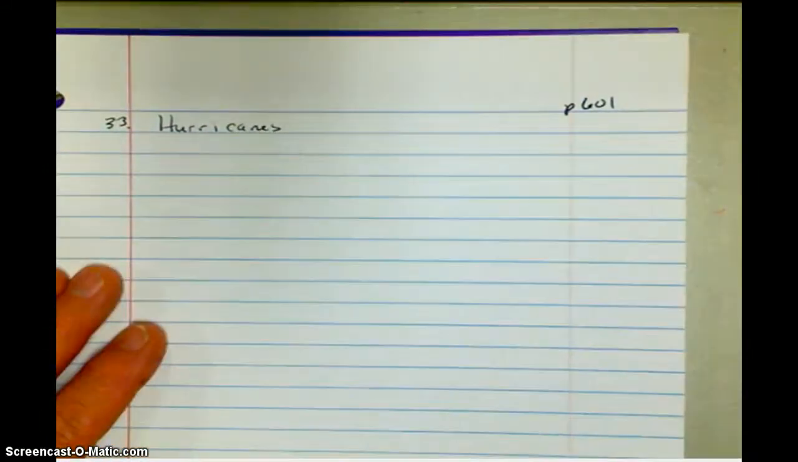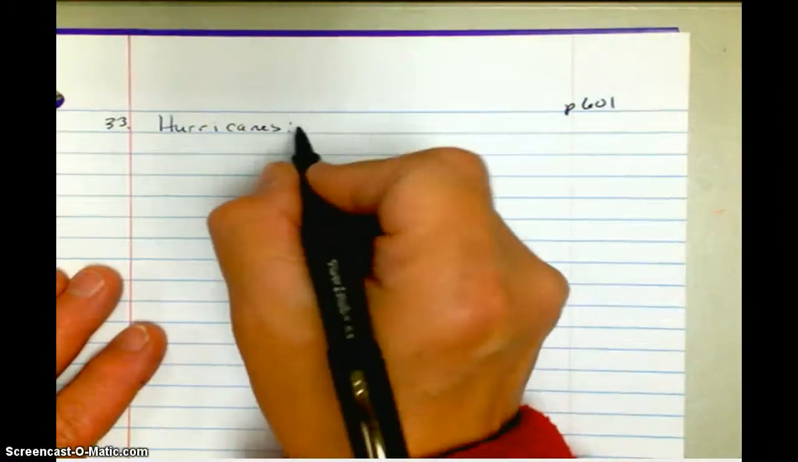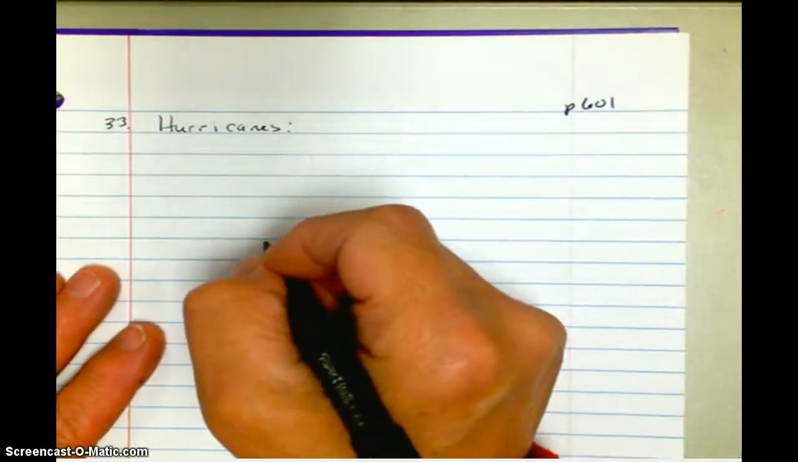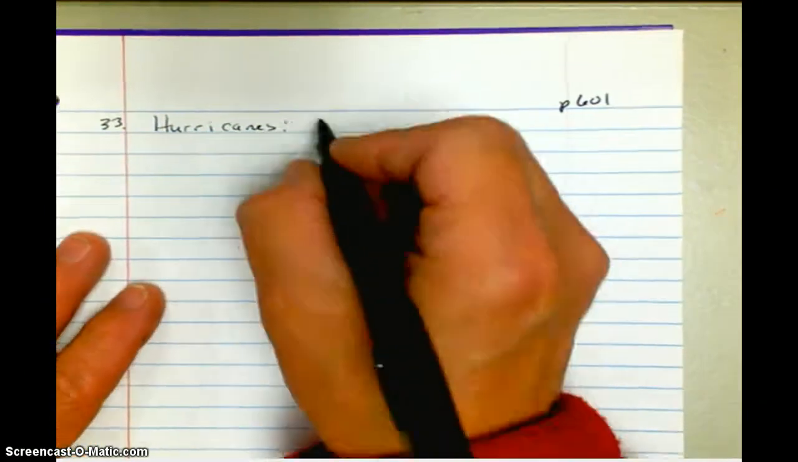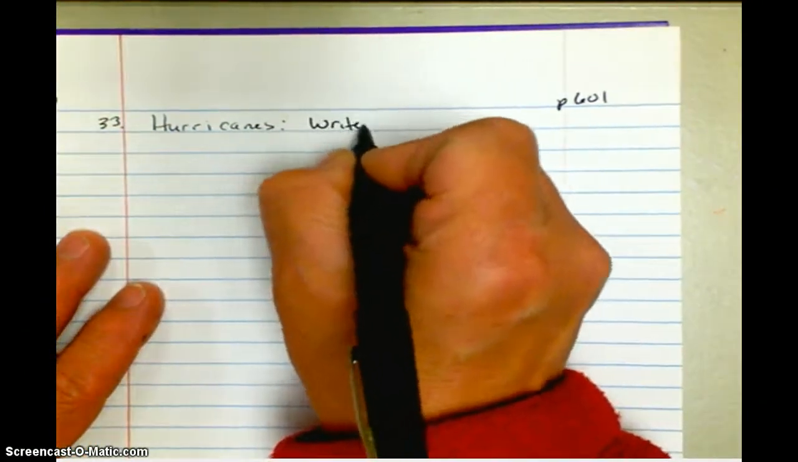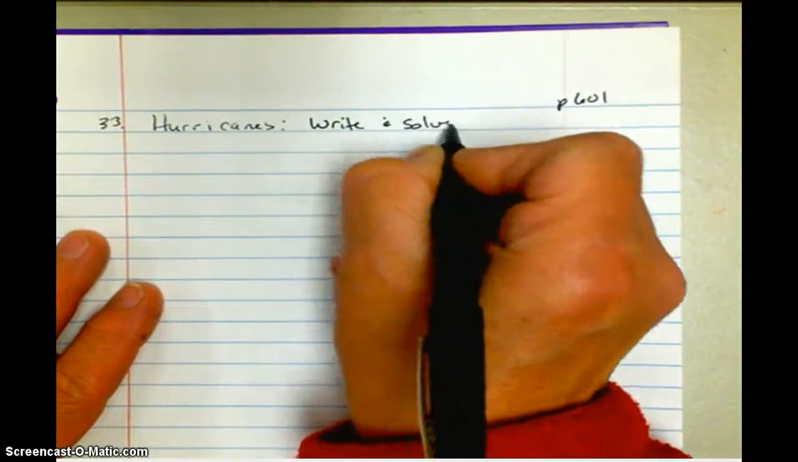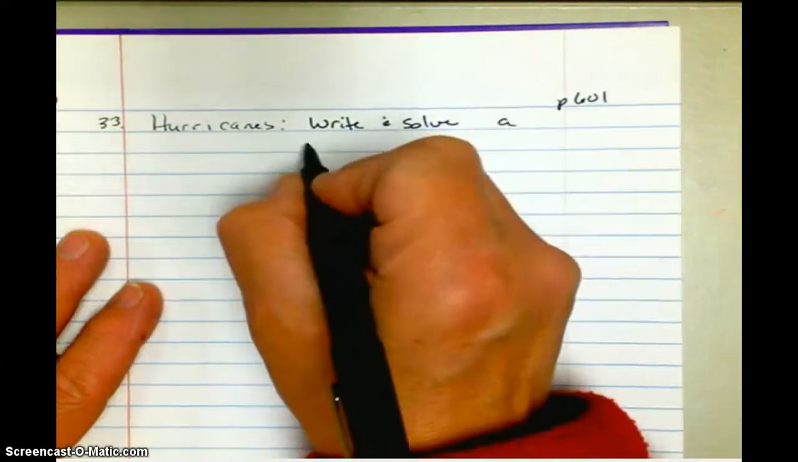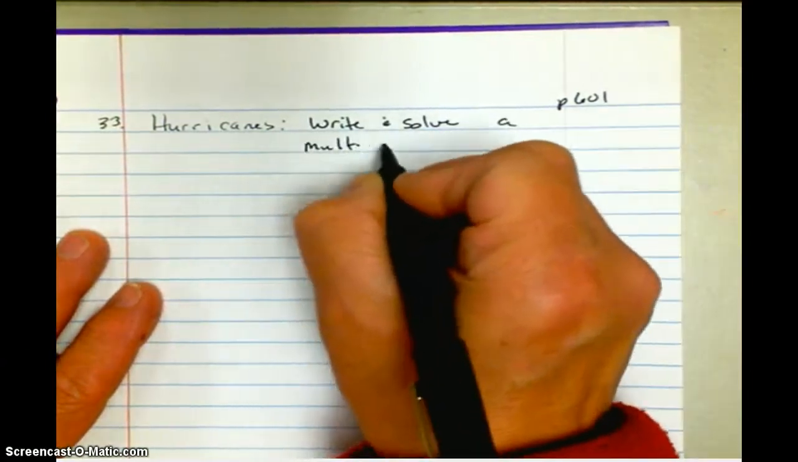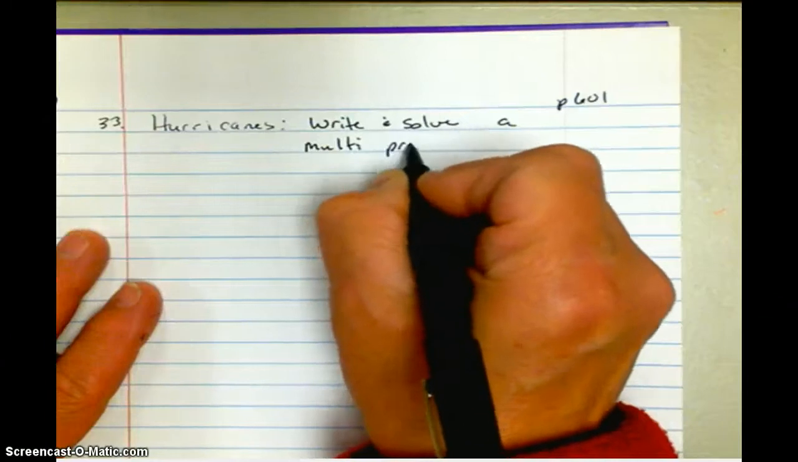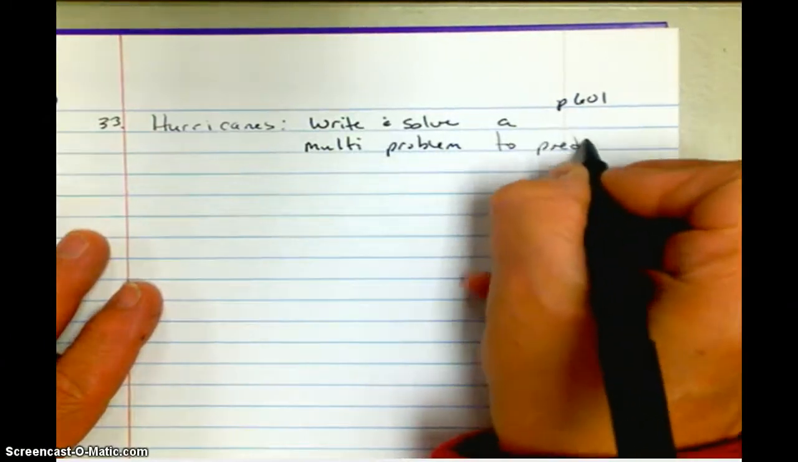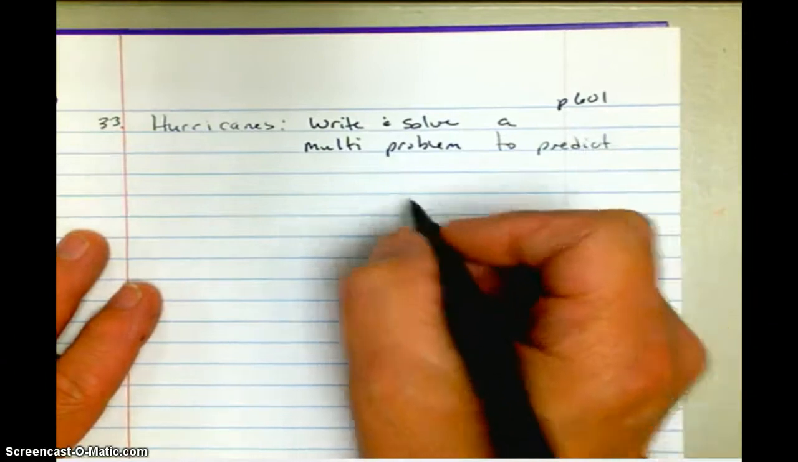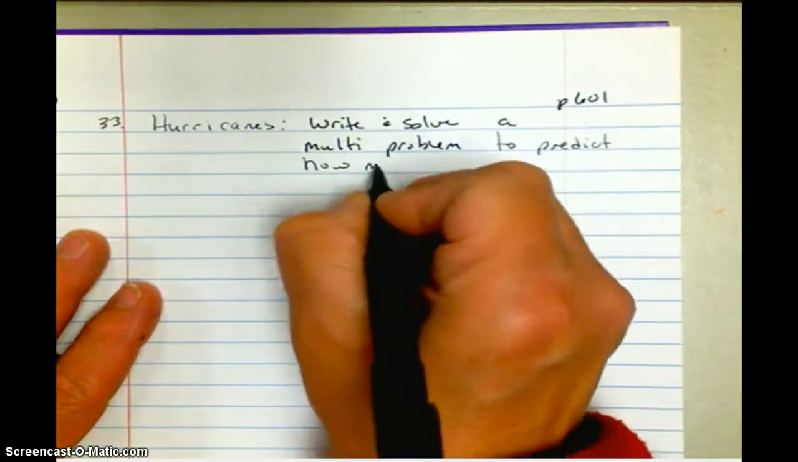And our question is telling us to write and solve a multiplication equation to predict how many hours it will take the hurricane to travel 1,728 miles. So let's write down our question. We're going to write and solve a multiplication problem to predict. We use variables a lot to predict